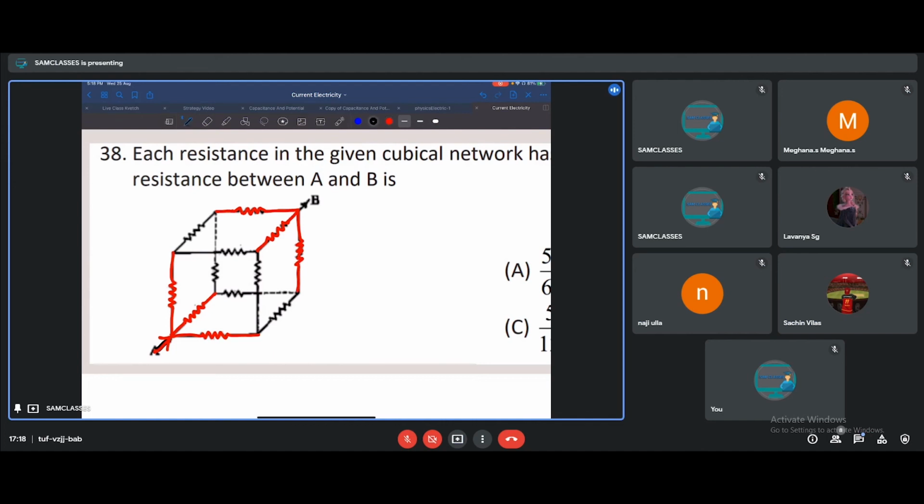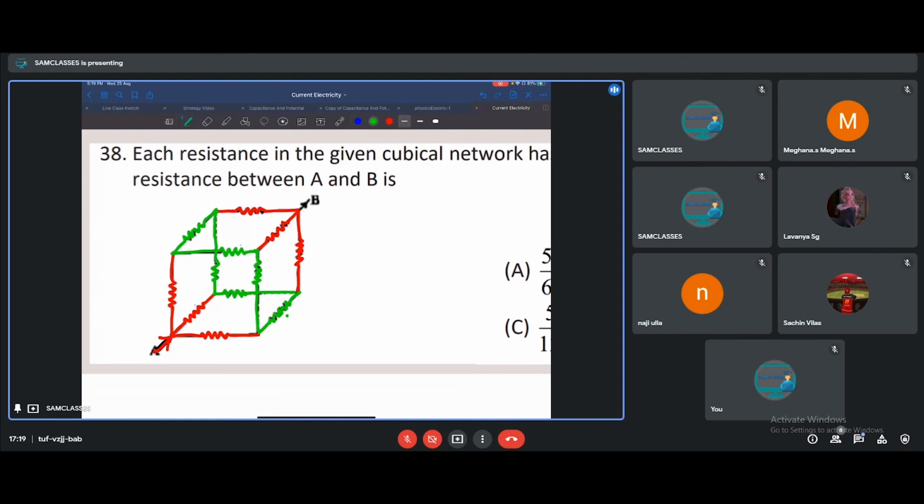Now, coming to a different color. What about the other ones? Which are joined? How many are they? The green ones are one. From this part, there is a barricade of another one. From this, another one to red. Everyone is just a connection from one part of A to one part of B. In between, one resistor is there. And from here, two resistors are coming back, and in total how many resistors are we getting?